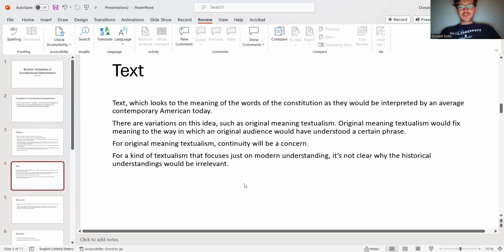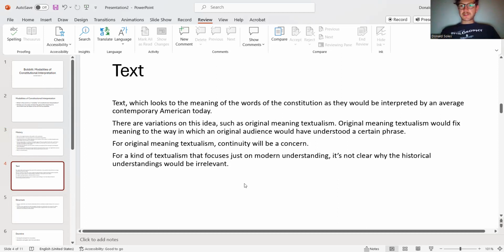When one makes a textual argument, what one is doing is appealing to the way that some audience would have understood the law. Now, in the text, Bobbitt is very hung up on the idea that a modern American audience would have a meaning that they would supply to a text or a law. But there are flavors of textualism that extend beyond just modern audiences, of course. The contemporary audience of the law as it was initially promulgated would be especially interesting.